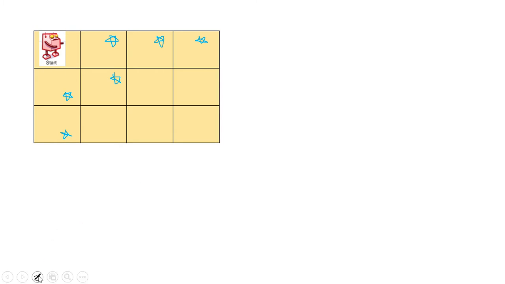Now we have to check for the path. So I'm just changing the color. Now if my endpoint is this one, how can I reach from start to end? So from start to end, how many ways can we go? Only this way I can go. So only one path is possible. Now starting from this point to this point, if my end point is this one, how can I traverse? That is also one way only. And if my end point is this one, how many ways can we go from start to end? That is also one way.